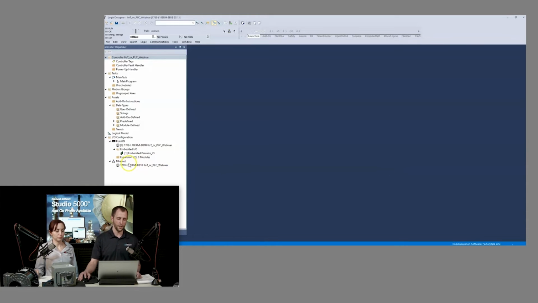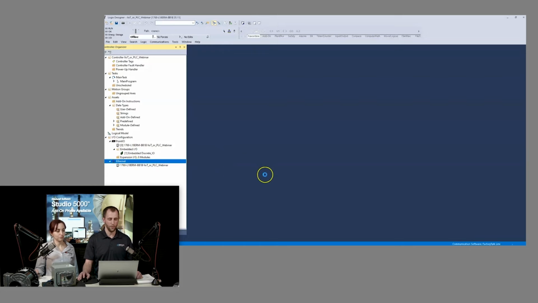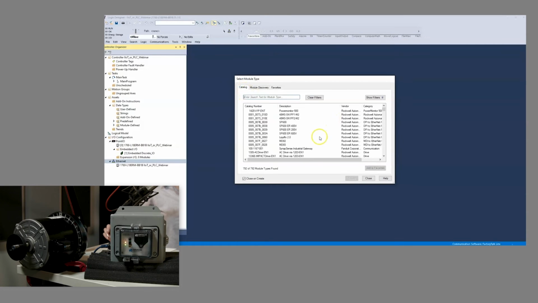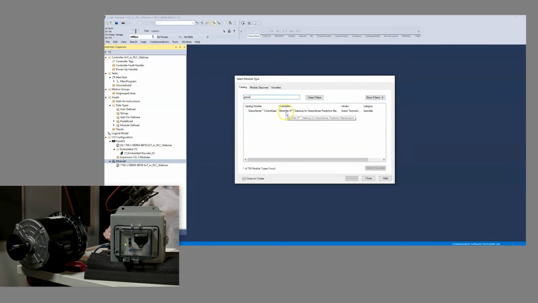So that's something unique that we did, and why the custom AOP is really an important part of this integration. So let's go ahead and first step here is going to be to add our device. This will be looking for our control gate out there. In here, if you're in the general catalog, you can just search for Grace, and you'll see right there